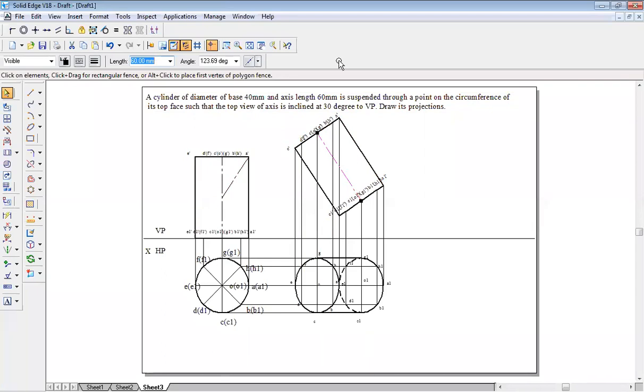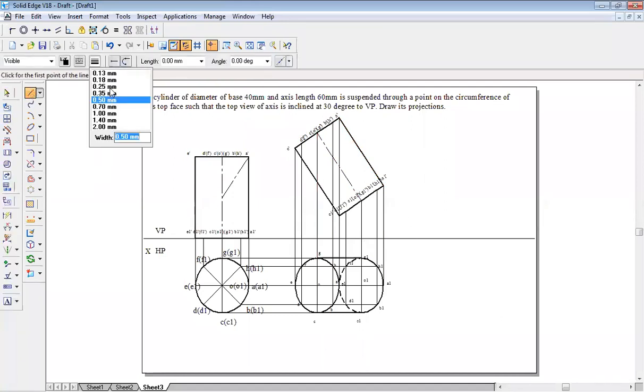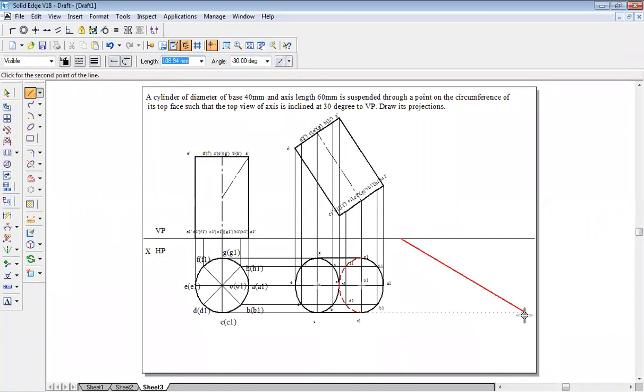So there is a reason here we take this as top view of the axis is inclined, means we assume that this appears to be inclined. Okay, so please understand, top view of the axis is inclined means from the top view, when you see this axis line, it is not the actual length, you see the appearing length. That is the reason we assume this as appears to be inclined. So go to line command, reduce the thickness to 0.05. Okay, 30 degrees. So take here, don't type the length, just type the angle as minus 30 degrees.